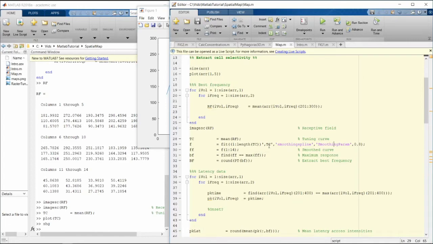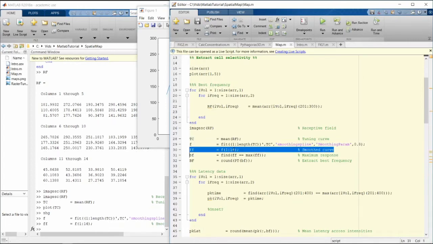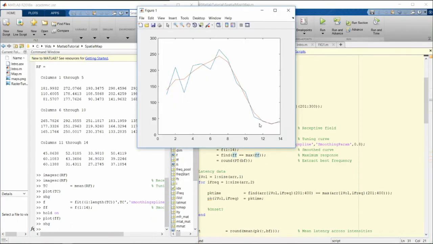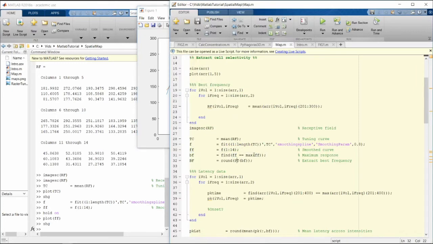So what I'm doing next is to fit a smoothing spline to those data and to extract the best frequency based on the smooth curve. Let's have a look at the smooth curve. You can clearly see we get a smoother response curve shown here in red. Now blue is the original data, red is now the smooth curve, and now we can assign the best frequency with more confidence. So we are just looking for the maximum here,